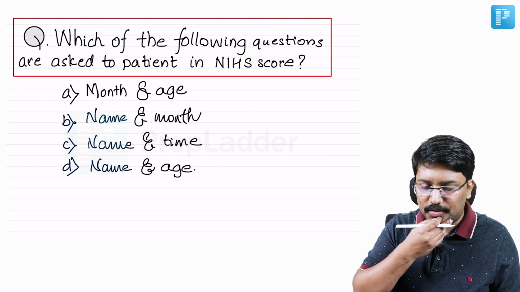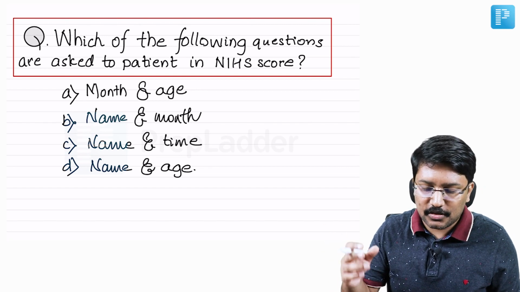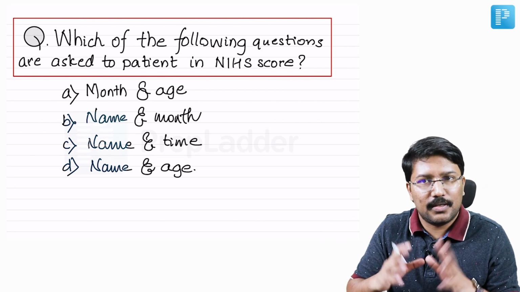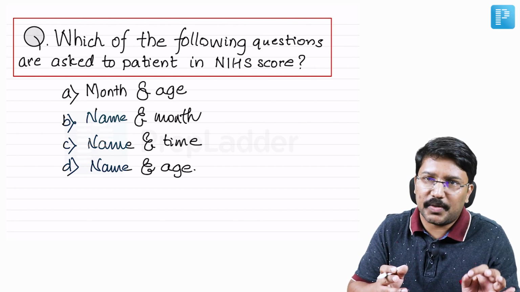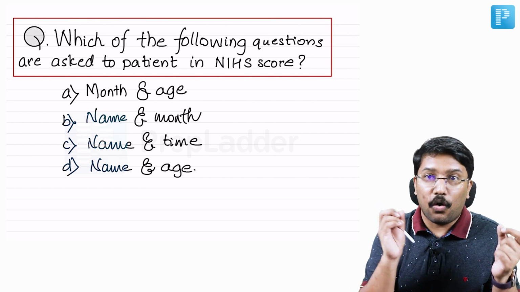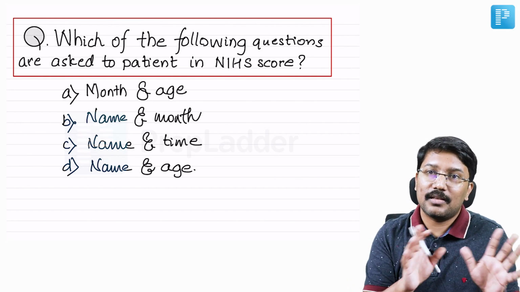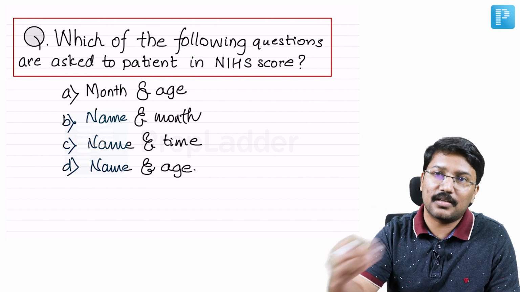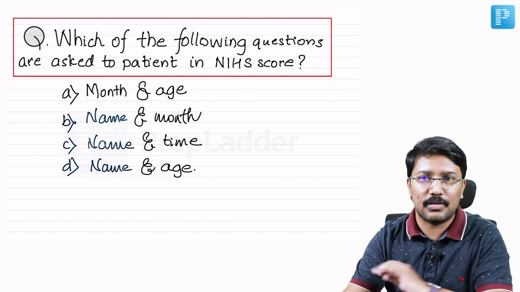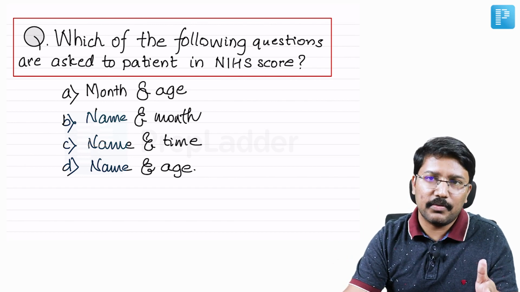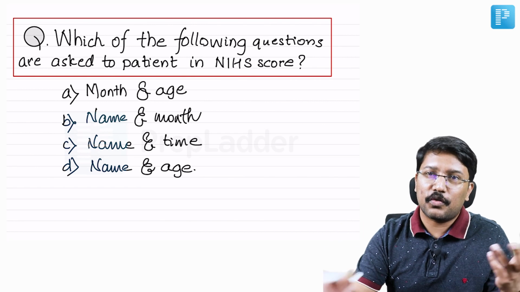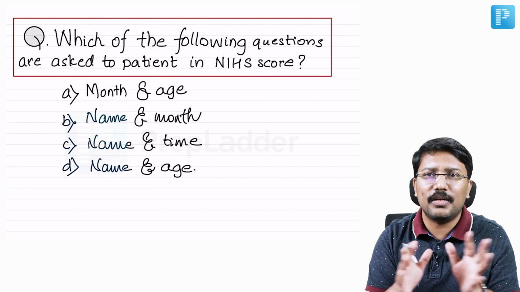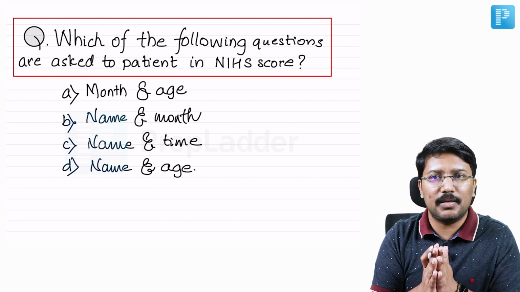Okay. Now let's go to the next question. Which of the following questions are asked to a patient in NIHSS score? Again, one more scoring system. Important topic for sure. NIHSS score and ASPECTS. These are something which we all know are important, and a lot of questions will be asked about them in the SS papers. We don't ask ASPECTS score or NIHSS score related questions to undergraduate students, I mean the students who are writing NEET PG. At best, we will be asking which of the following is used for functional outcome assessment or prognostication. The components and scores are usually not asked to them. But for you, yes, this is a very important topic.